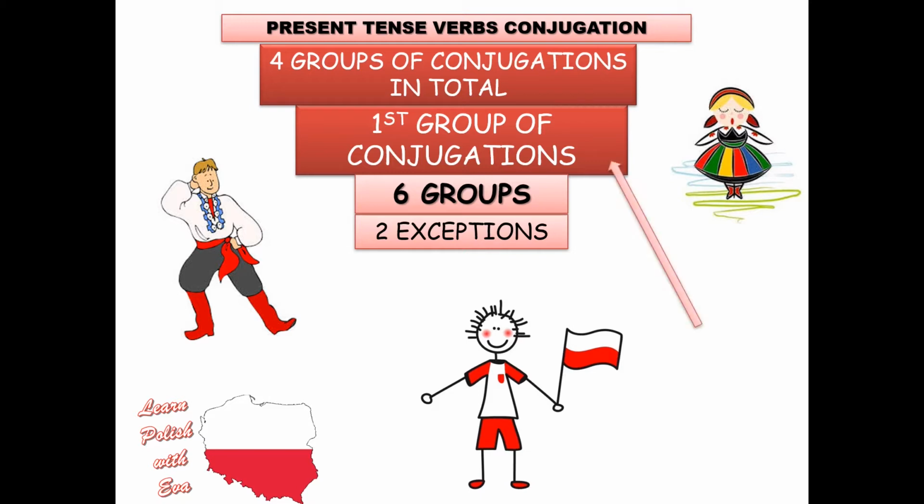This first group of conjugations, as we know, is responsible for 25% of verb conjugations in Polish. And I always say it's better to know exactly how one group works and conjugate other verbs in an incorrect manner, because most likely the native speaker will understand you. And that's what we're aiming at. We want you to be understood and we want you to understand others, okay?